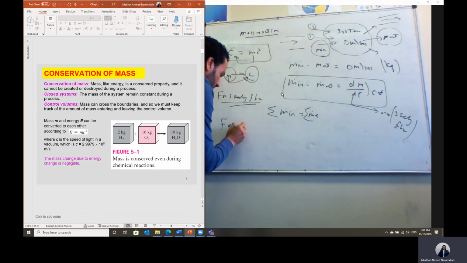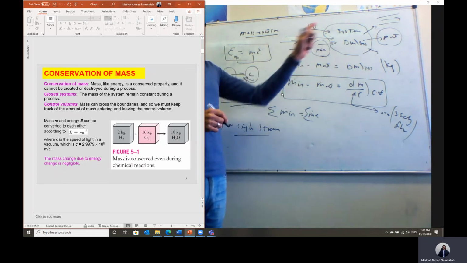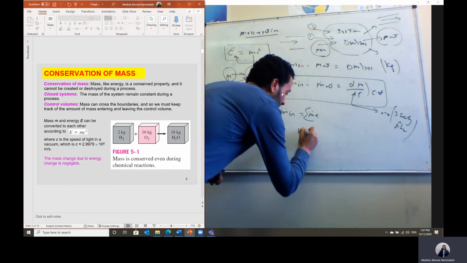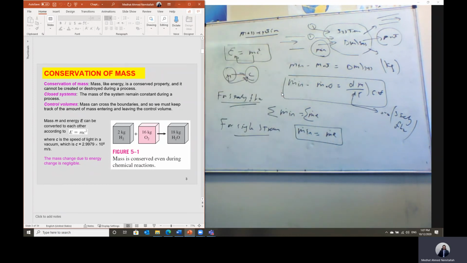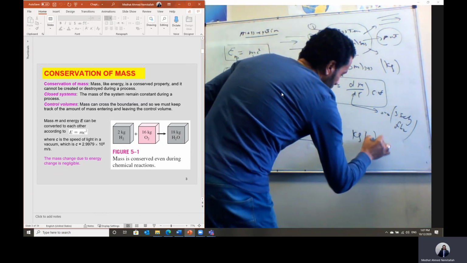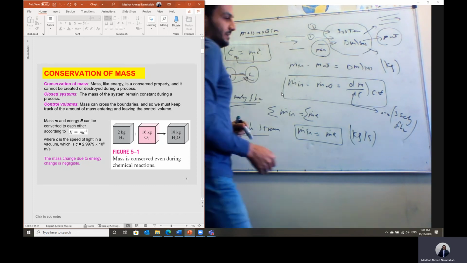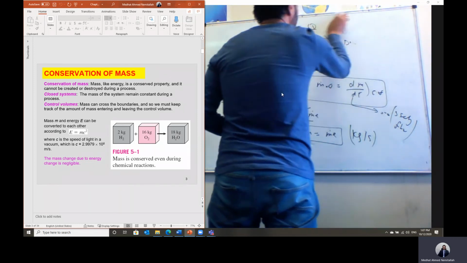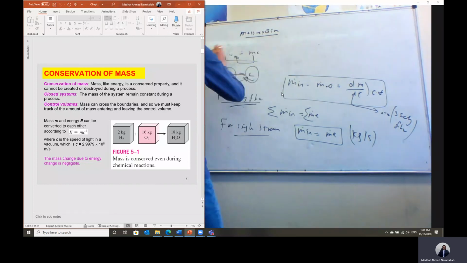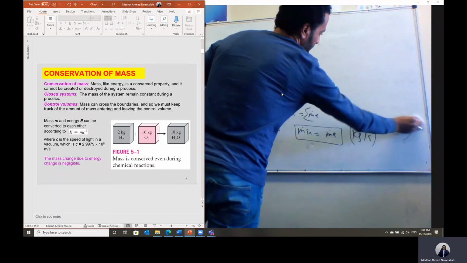So for a single stream, when we have just one inlet and one outlet, we can remove the summation sign. So the mass flow rate in will equal the mass flow rate out, or m dot inlet will equal m dot exit. And the mass flow rate is calculated in kilograms per second. Okay. How can we calculate the mass flow rate? This is something very basic. Mass flow rate is the rate of mass, or mass per unit time, and the mass is equal to the density times the volume.